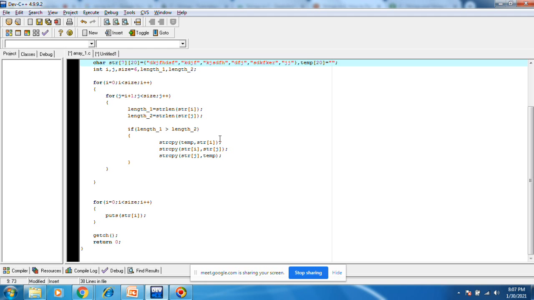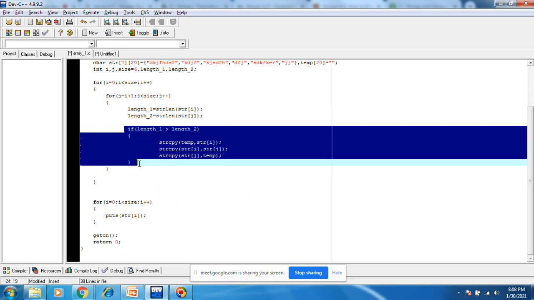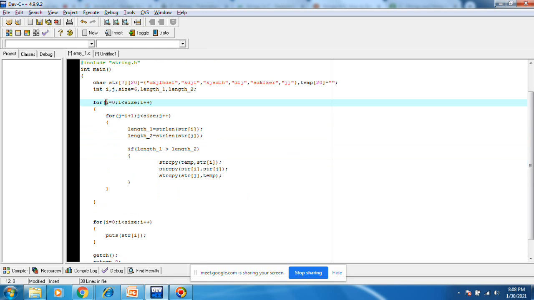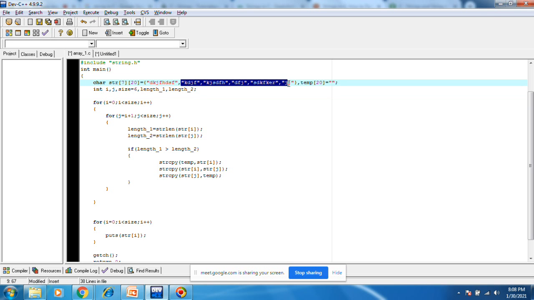Temp is only for temporary purpose. We will store this in a temporary location, send this to here, and then the temporary value comes to here like this. If i equals 0, it will check 1 to this one. j will search for all these things, which one is smaller. Then the smaller will go to the end. Like this it will work.